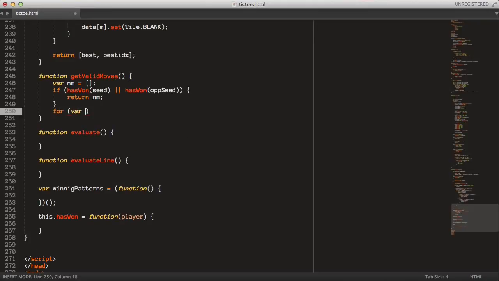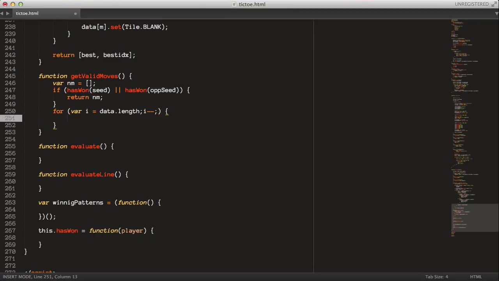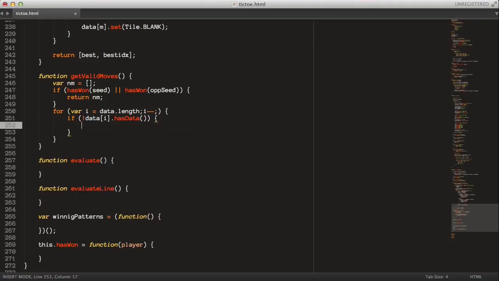Else we just want to loop through all the indexes in the data array. So we say, I use this shorthand for loop again. Then we say if the data at the i position does not have any data in it, like that, then we want to push